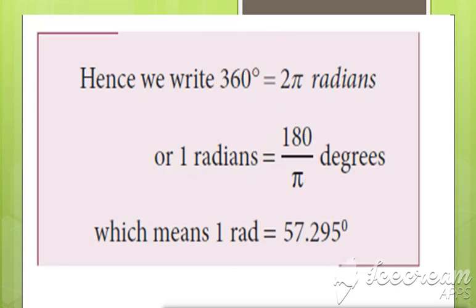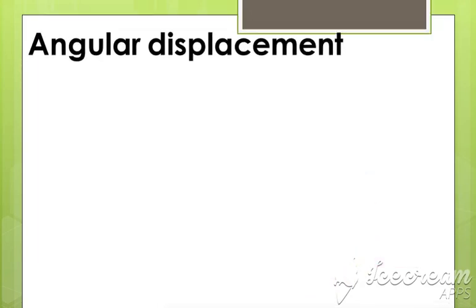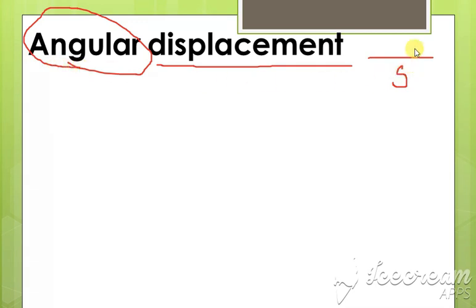Next we are going to see angular displacement. After this we will see the term angular fully. But before this, you should know what a displacement is. Displacement is what? From one point to another point. If any particle is moving, that is said to be the displacement. Displacement is generally written as S, is it not? But here we have the term angular displacement. So angular displacement is denoted by the letter theta, okay. So angle, is it not? So we are denoting it with the letter theta, but generally it will be written as S. Since we are writing angular, we are writing theta, okay.